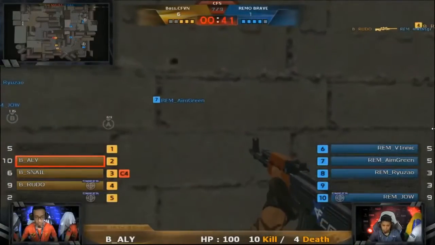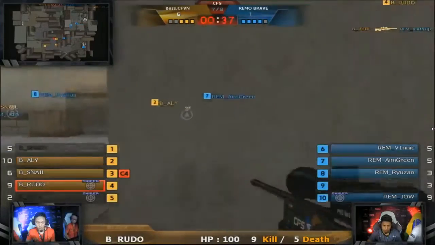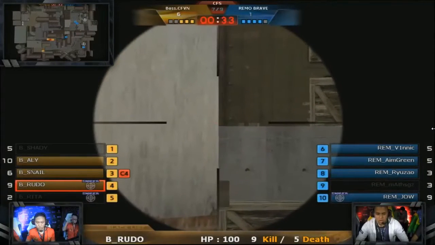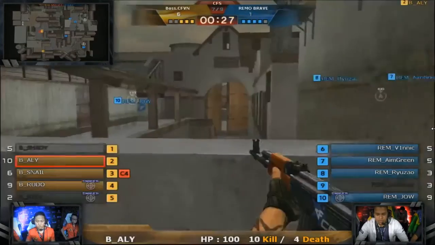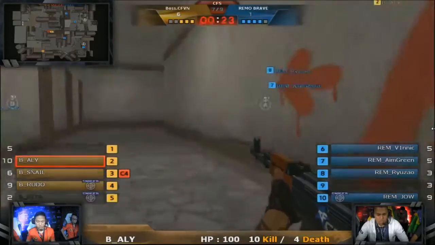Time is ticking. They need to do something, and that could be that something they needed. Rudo takes down Maths. Yeah, he was on lower at A side, just on the catwalk, and that was where they were looking for. Rudo, now at the moment, Aim Green's, you can see him on the minimap, he's sat there. He hasn't showed himself, but the bomb is making tracks. It's going off towards B side, so it's going to be a mid to B by the looks of it